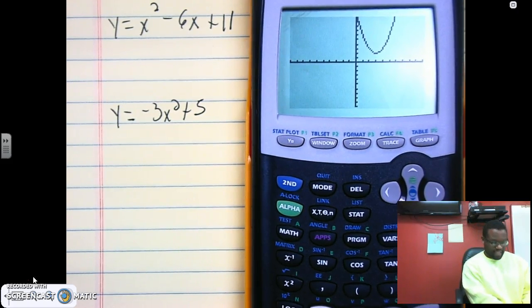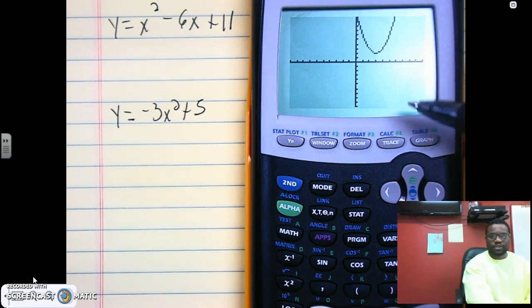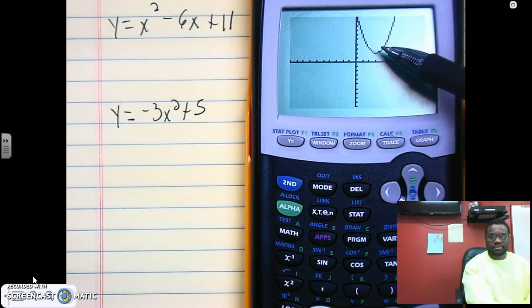And I get that equation, right there. So what would the solutions be? What would the zeros be? Wouldn't they be imaginary because we don't cross the x-axis, right? Now I'm going to show you how this can tell me what the vertex is, or the maximum or the